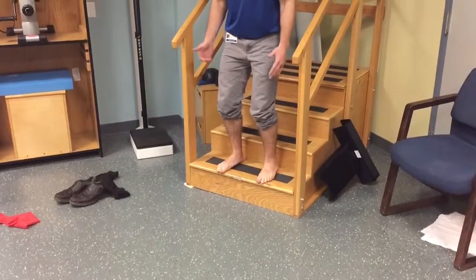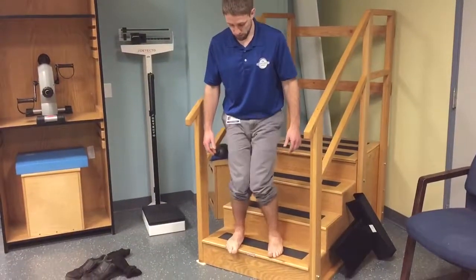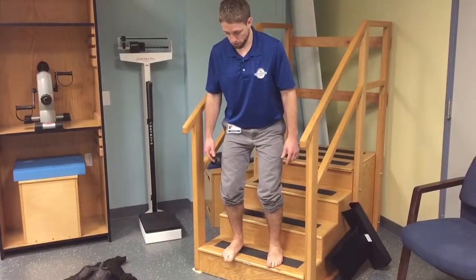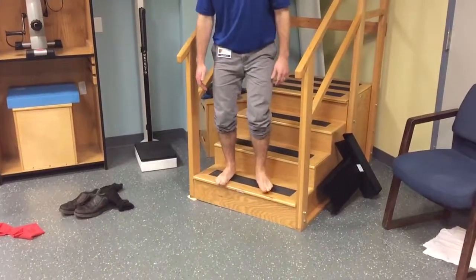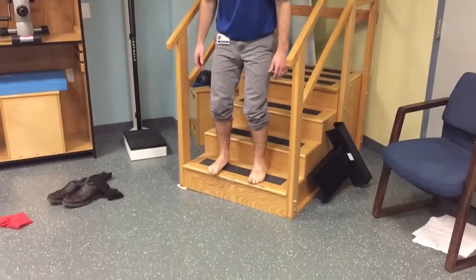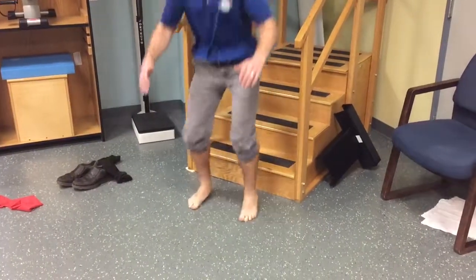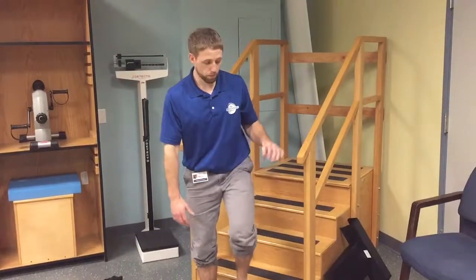Also worth thinking about as you are jumping off the step, a lot of people when they initiate that jump, same thing, want to cave in. So I also want to make sure I think knees apart, not that. So going through, knees apart, landing toe to heel. Now if that's going well, and I may do that somewhere in the minimum of 8 but maximum of 20 times,